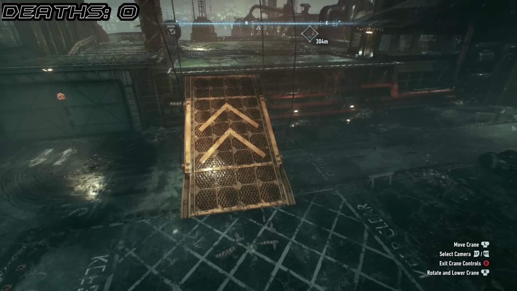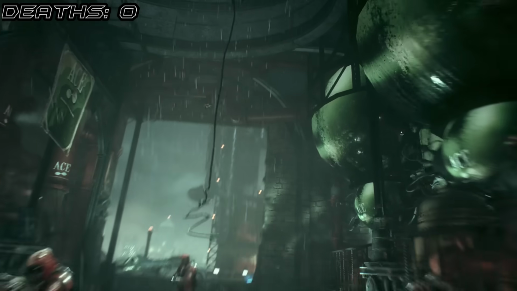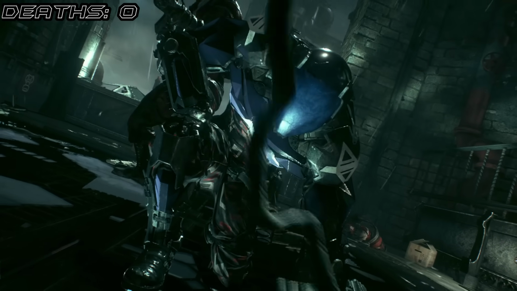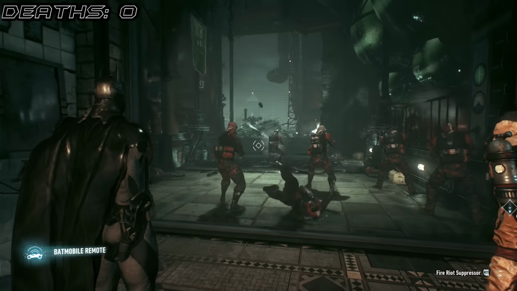I then use the crane to set up a ramp for later and then decide to do a drive-by on some unsuspecting guards with the Batmobile. The game's namesake then decides to show up once again, but I don't have time for his monologuing, so I unleash the power of the bat gun on his men while he makes a quick getaway, and then proceed to